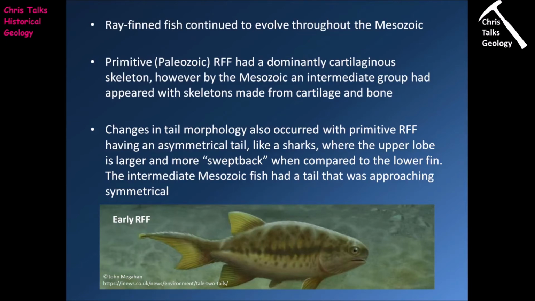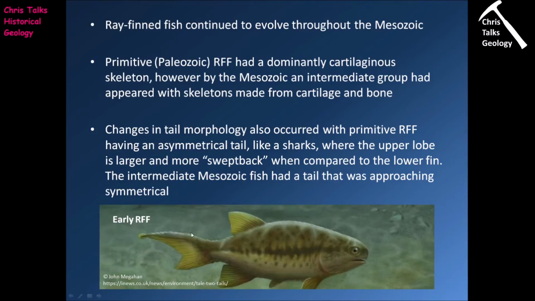Now, we also see changes in tail morphology, and essentially this takes us from the asymmetrical tail of the primitive Rayfinned fish to a more symmetrical tail. So if we look down here, we can see a picture of a relatively early Rayfinned fish, and you can see the tail is asymmetrical. You can see the top portion has this very distinct swept back appearance. It's also larger. And this is a trait you see in some animals like sharks, for instance, which are a